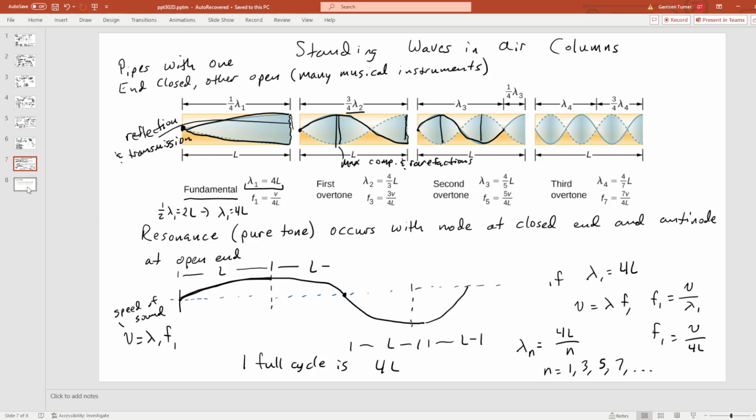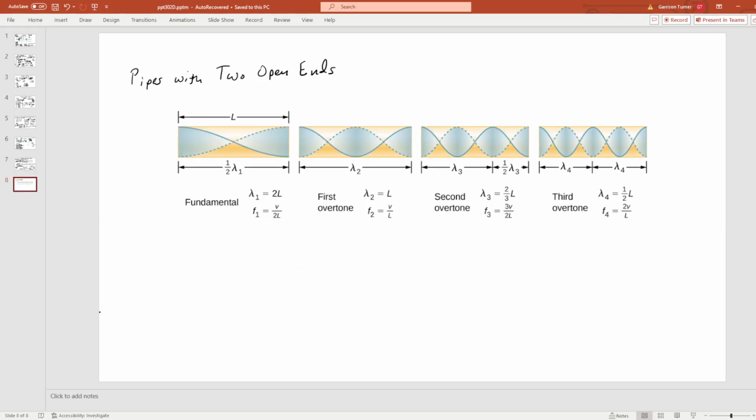Another situation that can occur is what happens with pipes open at two ends. Well, resonance occurs when I have pipes with 2 open ends, when I have antinodes at both ends. And that means that there has to be a node somewhere inside the pipe. So the fundamental tone here is when I have a node right in the middle and I have 2 antinodes at the ends, and